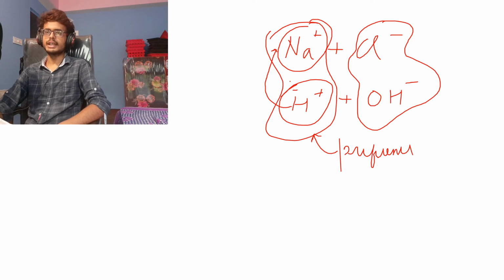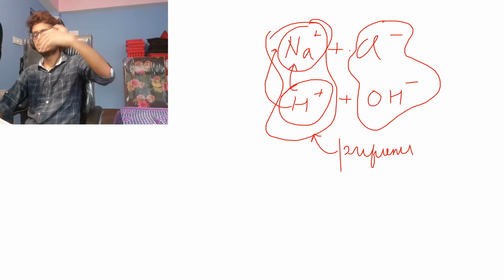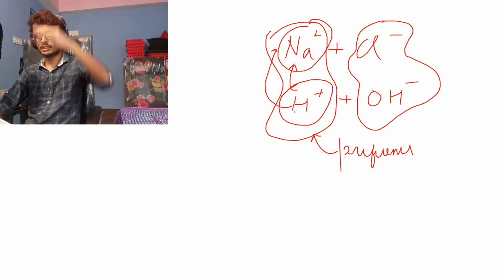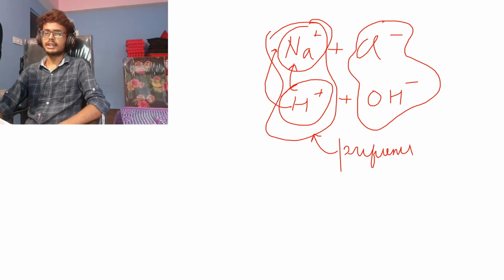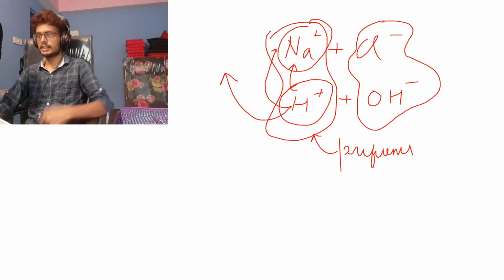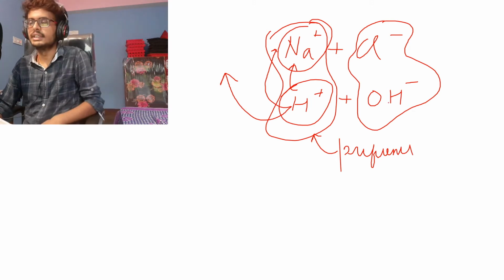It depends upon their position in the electrochemical series. The lower it is, the easier it is for it to get discharged. Hydrogen is present lower in the series, so hydrogen has more tendency to get discharged at one of the electrodes when sodium is present with it. So hydrogen will discharge easily.